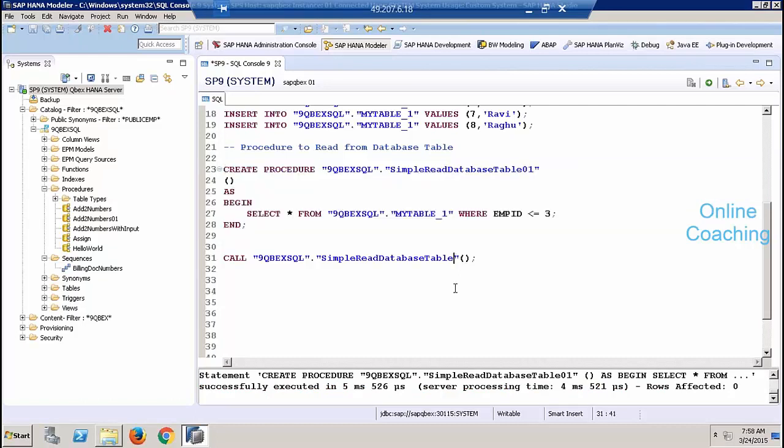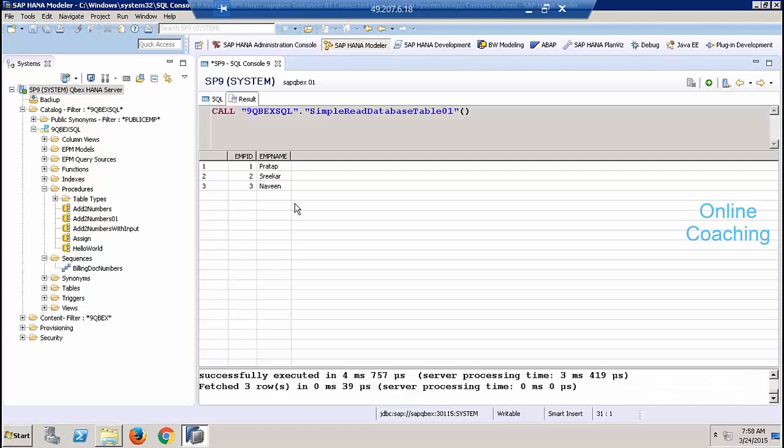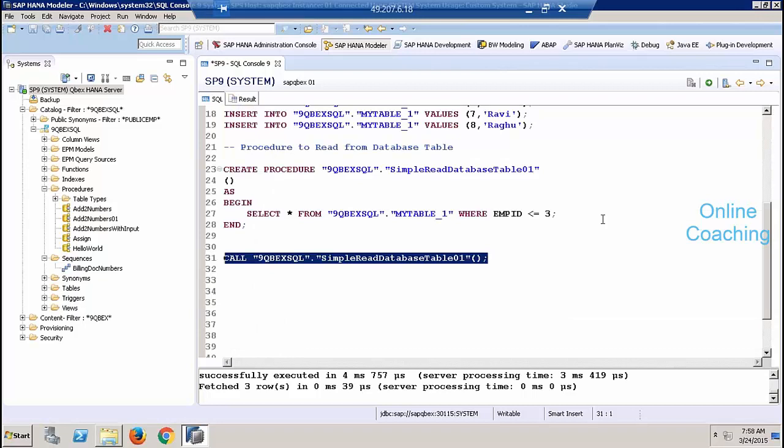So when I call this procedure, this will just print me all of them which are less than or equal to 3. Like this, you can also have any kind of select statement executed here. Now let's say I want to make this dynamic. It's not 3, I would like to pass in the parameter. So what I can do is take an input parameter in